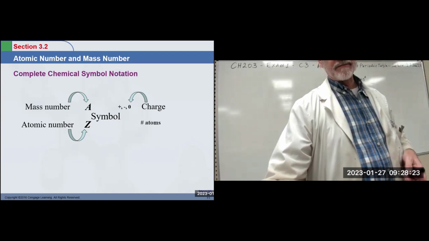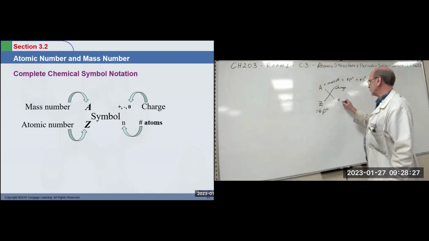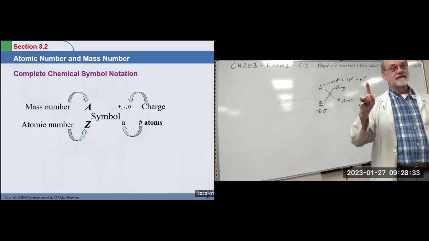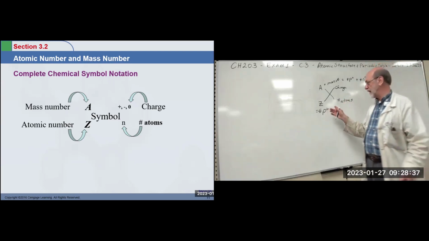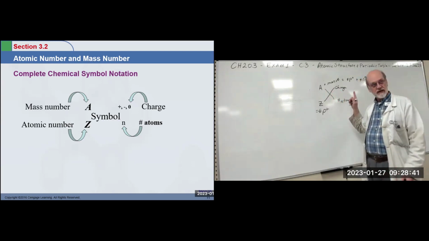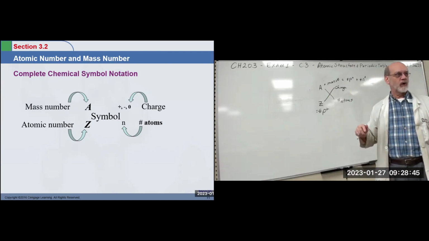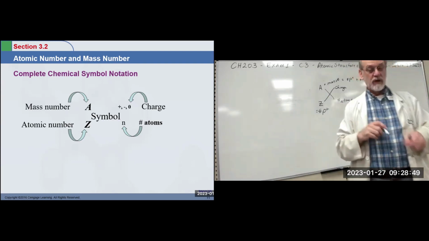One more position. This is the number of atoms. If there's nothing there, that means there's 1. Right? We're not going to be redundant. We don't put a 1 there. If the symbol's there and there's nothing here, there's got to be at least 1. Okay? Only if you have 2, 3, or more do you put it down there. Now, why would we do that? Well,